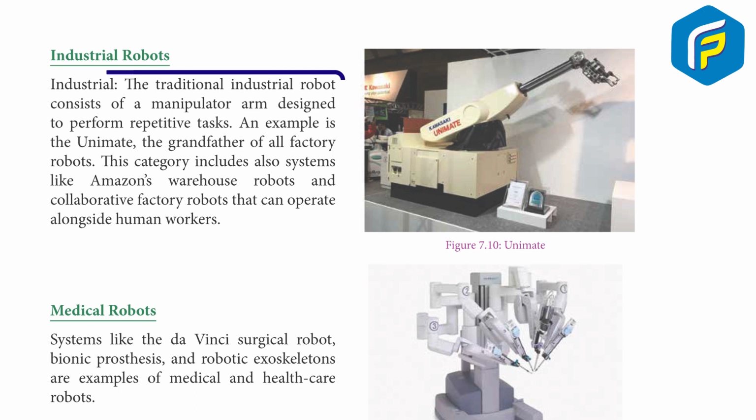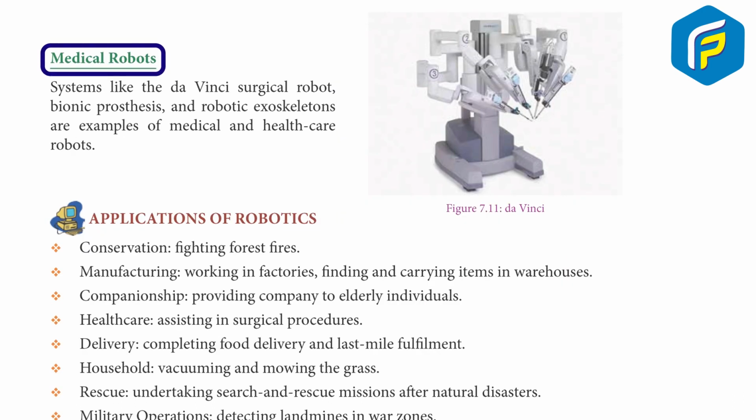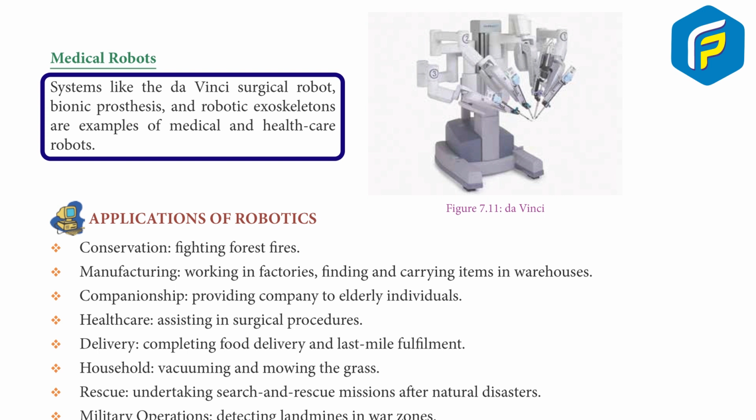Industrial robots. The traditional industrial robot consists of a manipulator arm designed to perform repetitive tasks. An example is the Unimate, the grandfather of all factory robots. This category also includes systems like Amazon's warehouse robots and collaborative factory robots that can operate alongside human workers. Medical robots. Systems like the Da Vinci surgical robot, bionic prosthesis, and robotic exoskeletons are examples of medical and healthcare